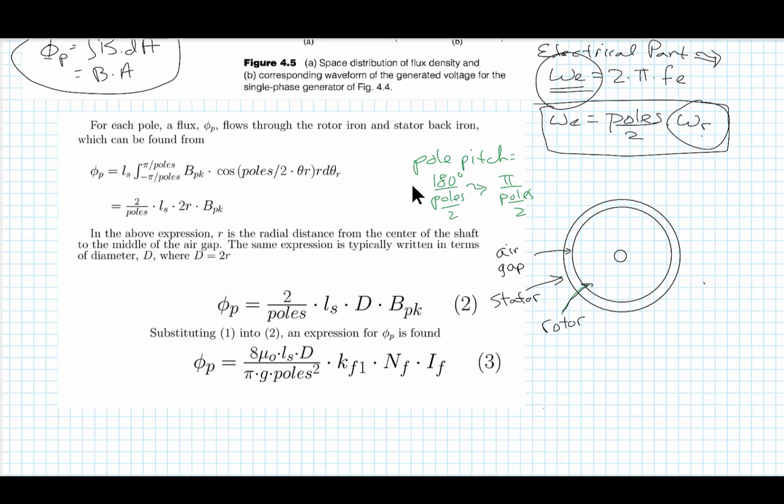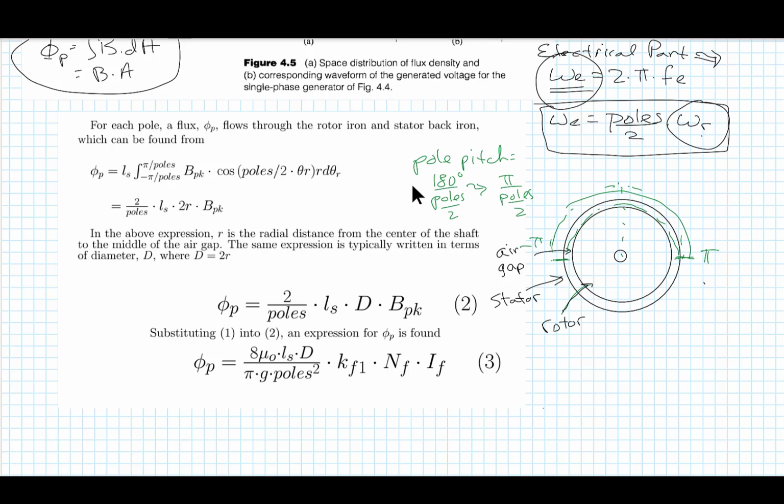And really, if it was a 2-pole machine, I'm kind of splitting it up in half. And over each side, saying that this is half of a pole pitch, and this is half of a pole pitch right here. This whole thing is the entire pole pitch. And so I'm integrating from pi to negative pi, or from negative pi to pi, centering everything right here in the middle,